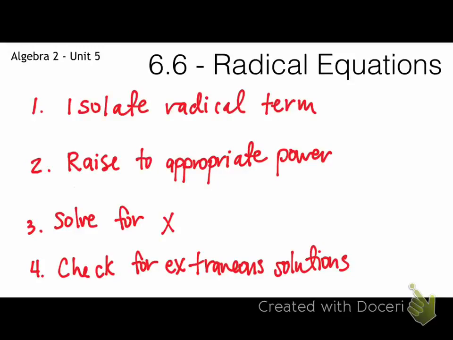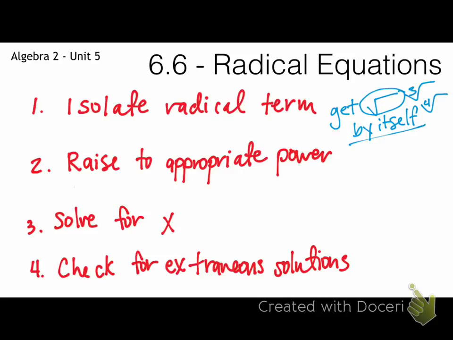For radical equations, there are 4 steps that you need to follow in order to solve for x. The first step is you want to isolate the radical term. That just means that you want to get the square root stuff by itself. So radical is just this right here. It could be cube root, it could be fourth root, anything that has a root, you want to get that